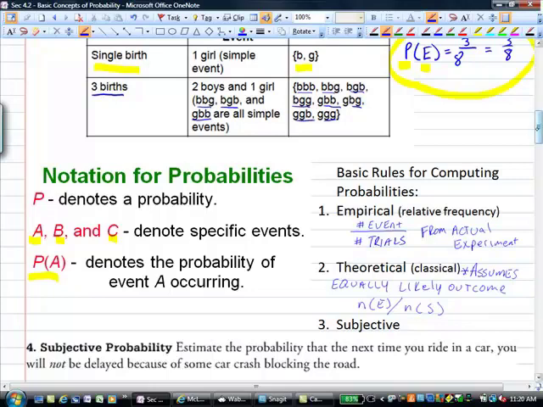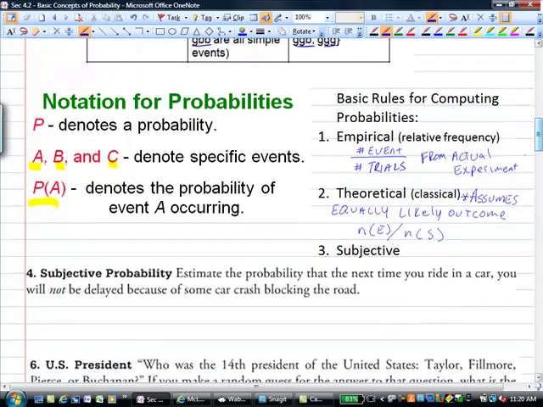And then the third type of probability or rule for computing probability is a subjective probability. This is what weathermen use. The subjective probability is really just an educated guess. Now, weathermen make their predictions. For example, the chance of rain